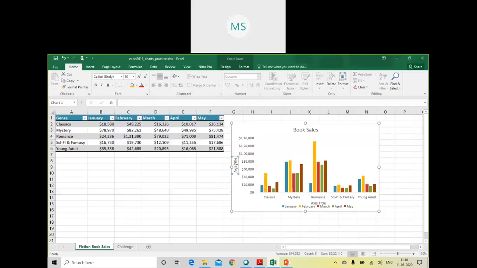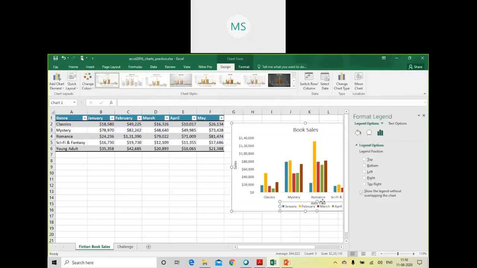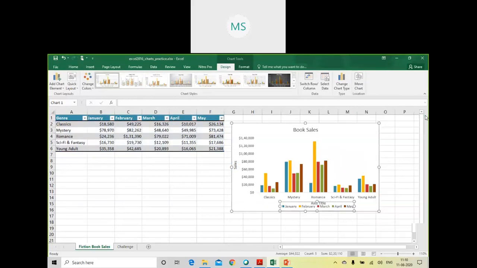So what you can do, you can enter here sales. And for the x-axis you can put genre.